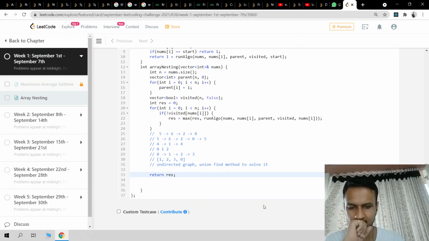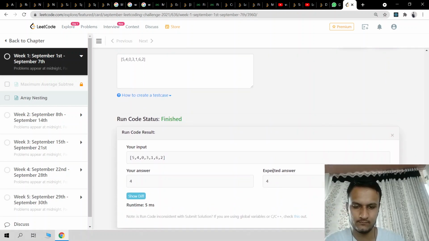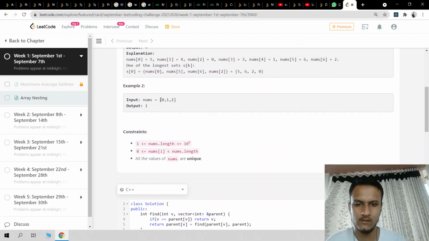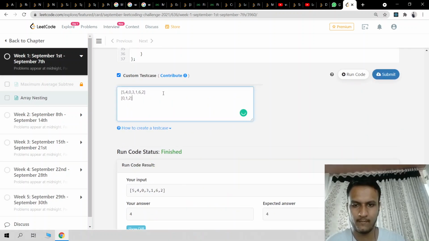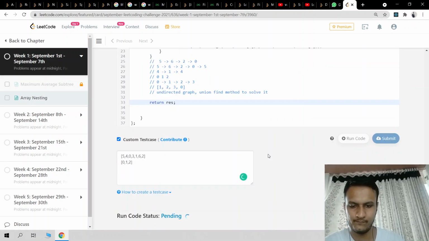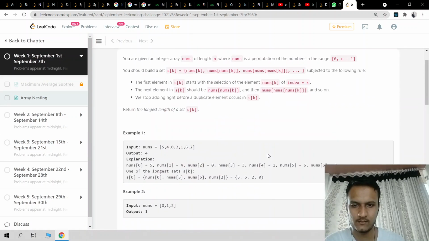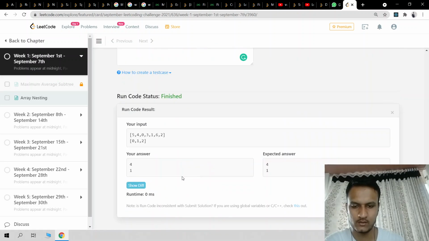Let's run this. So I think it is going worst case n square again. It is saying correct answer. Run code. It is saying correct answer. Okay. एक तो लेंथ होगी.